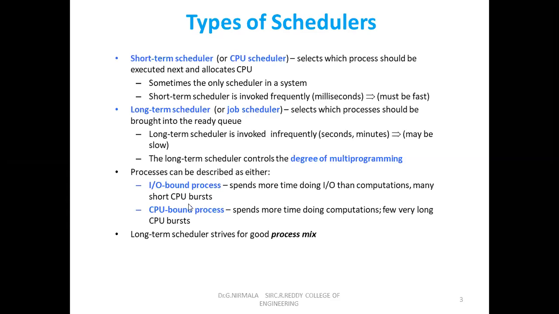Normally, a process can be described as either an IO-bound process or a CPU-bound process. Always the CPU may be in execution. If it is in an idle state, the process must go to the IO, input output. A computer is a device which accepts input from the keyboard, does processing, and gives output. Only these three basic operations are carried out by any computer, by any operating system.